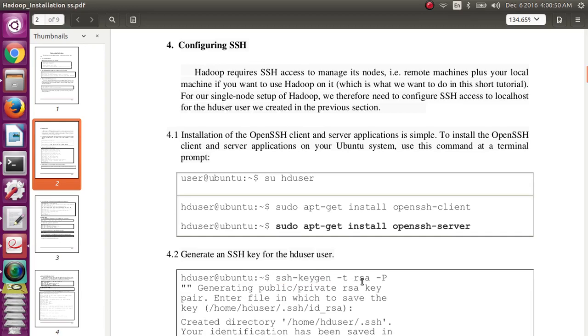Here we are using RSA, rather than DSA. The -P option means passwordless, so instead of asking for a password every time, you make it a passwordless key. Copy and execute it.